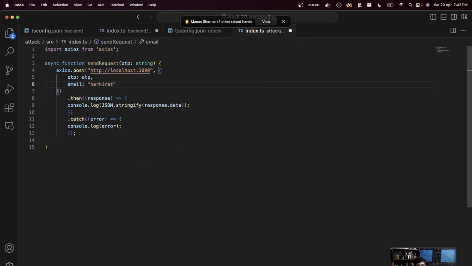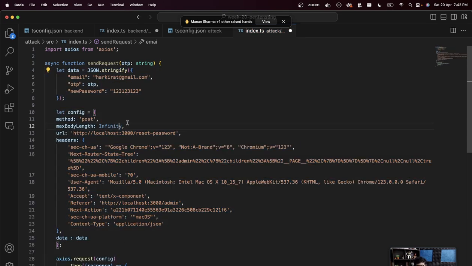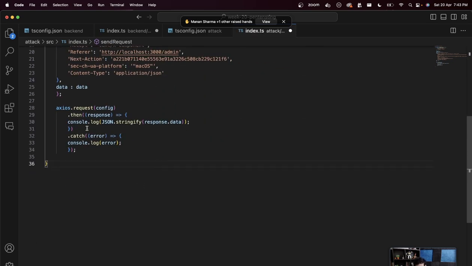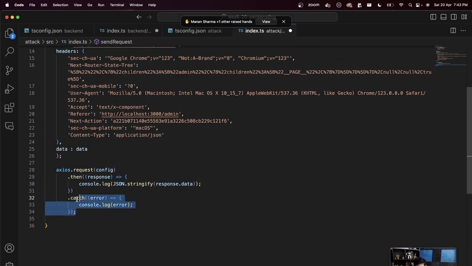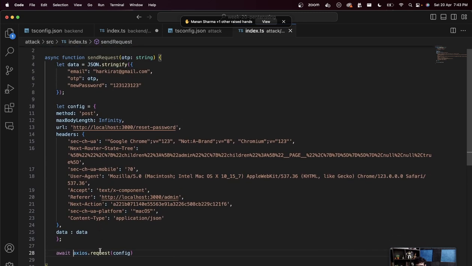So if you want to keep it clean, keep it clean. If you want to copy from Postman, because we will eventually have to copy from Postman when we are hitting a production website, so feel free to use the code that Postman gives you. Just put it in a function so that it's a generic request now where you can keep changing the OTP. Let's try to send this request with some random OTP. Let's see what we get back. I would also do one more thing here. I would not do an axios.request.then. I would await the axios.request rather than whatever the thing that Postman gave me,